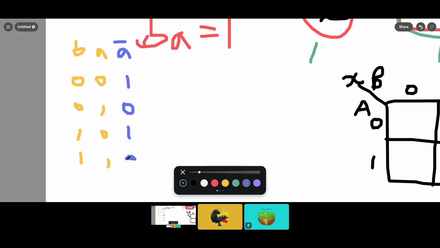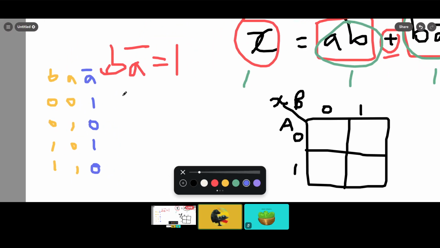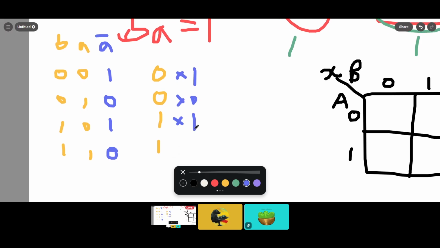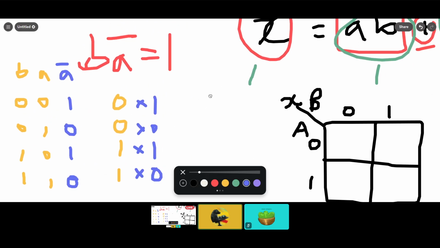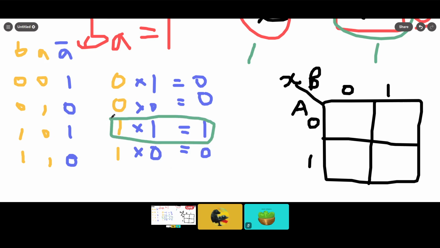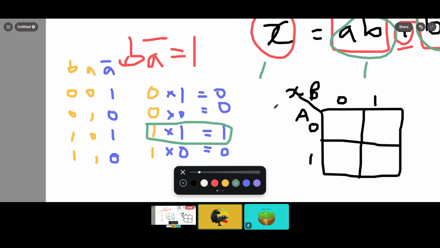Okay. So basically, what we have are all the possible cases. All the possible cases is like this. So what are the values? Again, we're looking for 1. What are the values? Only one case is equal to 1. All the other cases are 0. That means we already know B must be 1, A bar must be 1. So